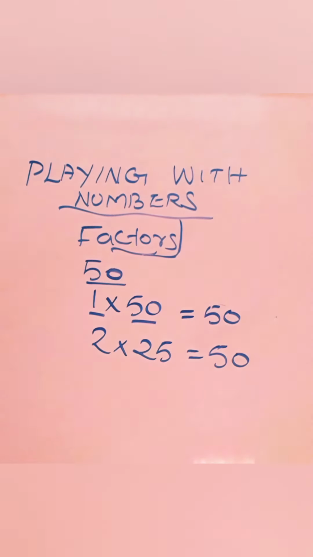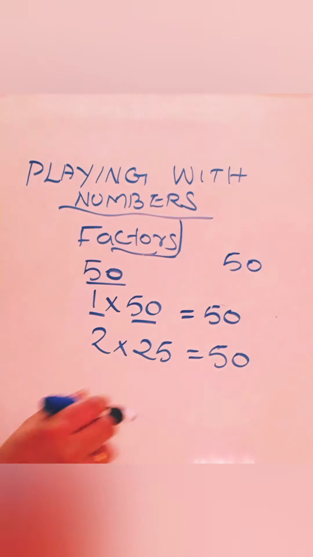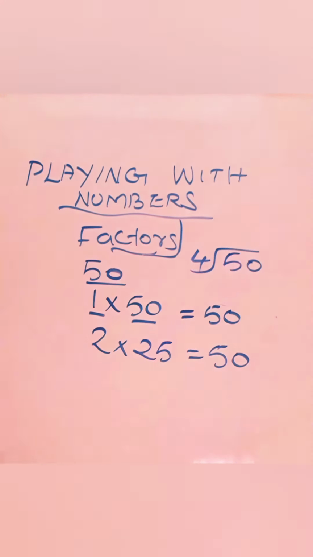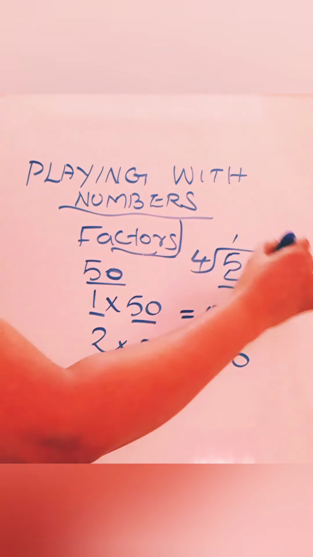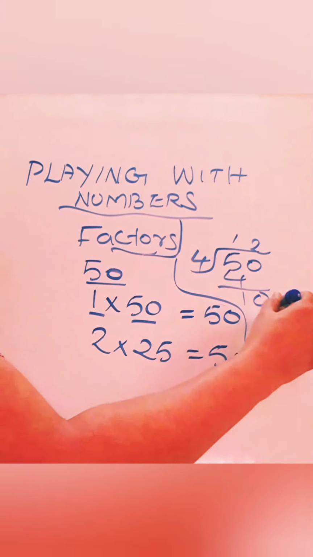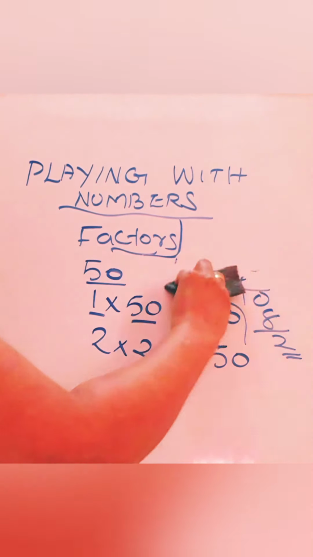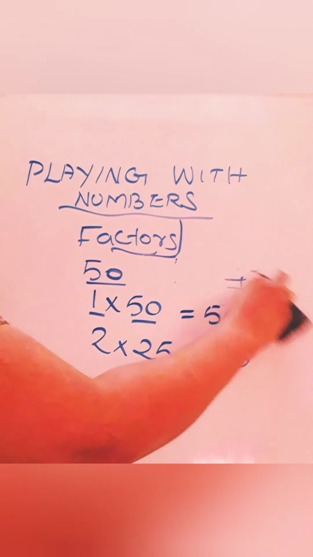Now when we check 4's table. 4's divisibility rule: we take the last 2 digits and divide by 4. Here we already have only a 2 digit number. So let's see. Last 2 digits are 50 only. We will divide by 4. 1 4 is 4. 5 minus 4 is 1. Then again we will get a remainder here. That means 4 is not a factor. These all if you can do in mind, it is better. Those who feel it is difficult to solve in mind, I am showing. So 4 will not be there.